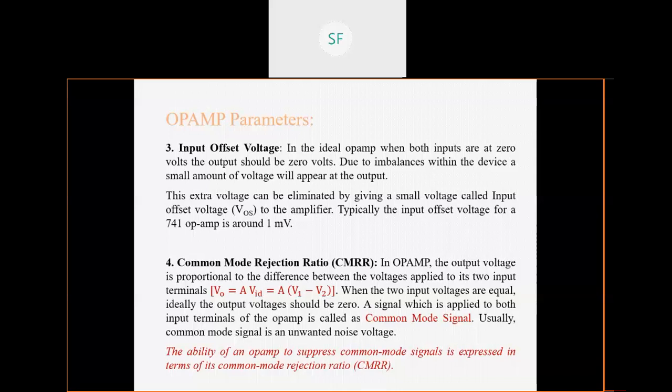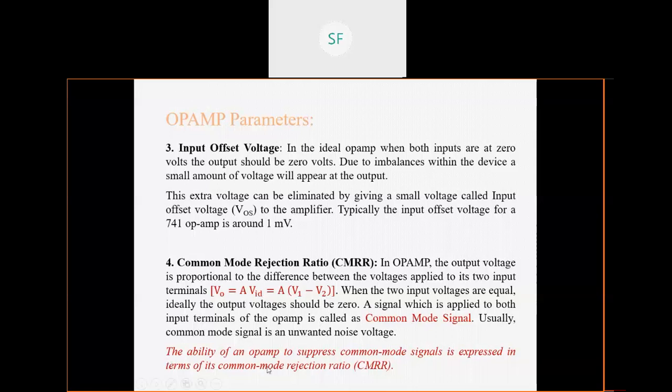So that means this common mode signal should not be allowed, it is not desired, right? जो signals दोनों भी terminal पे at an equivalent amount add होते हैं, that is common mode signal. These signals are unwanted. Why? Because these signals are nothing but generally unwanted noise voltage. So we don't want common mode signal, hence we will suppress that signal, right? Suppress means we want minimum amount of signal.